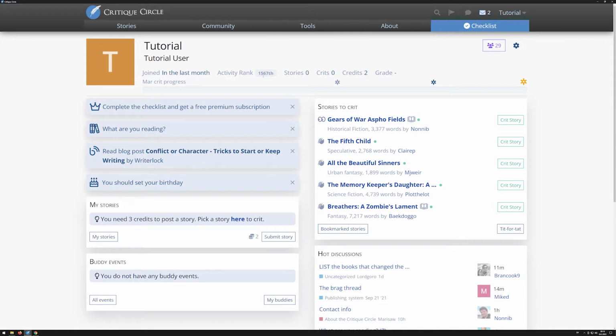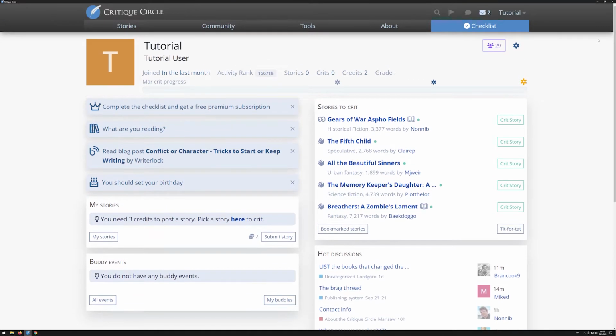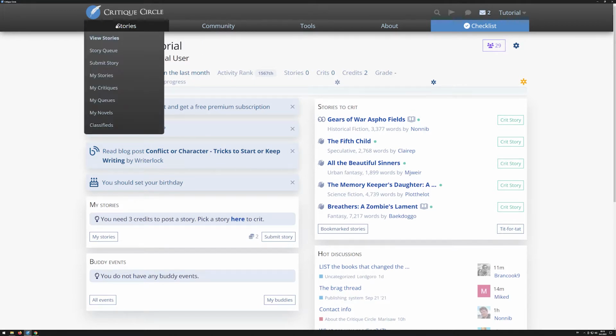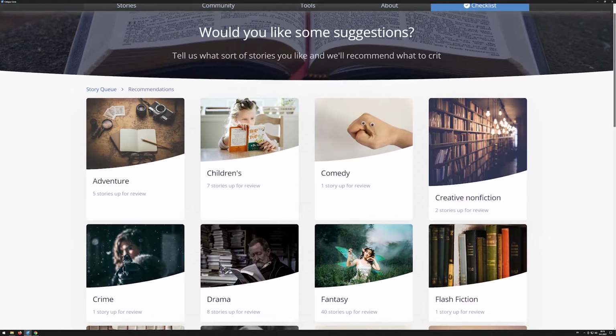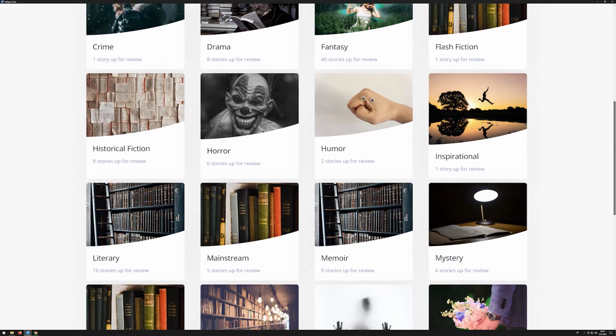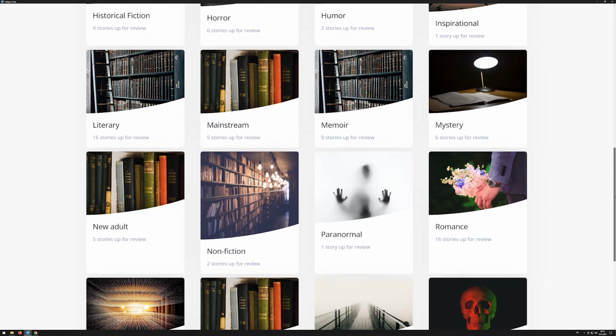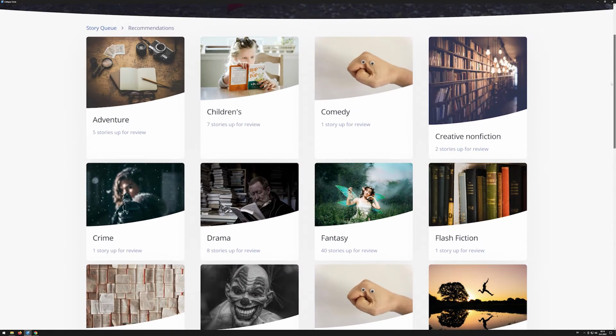This is your CC homepage, and often you will find stories that you can create on this page. But for newer members, we recommend that you find stories by going to Stories, View Stories. Here you will see a list of all the genres which have stories up for review right now. Stories spend 7 days in the review cycle from Wednesday to Wednesday, so you have 1 week to critique each